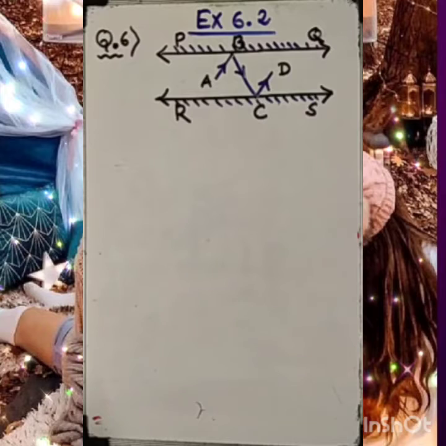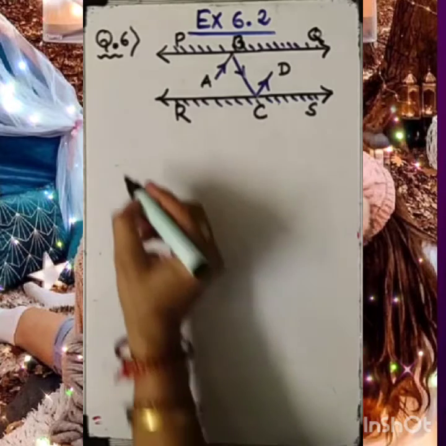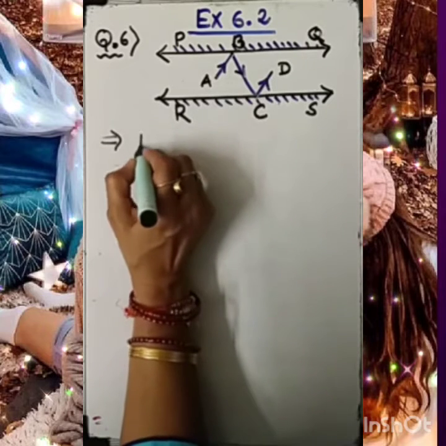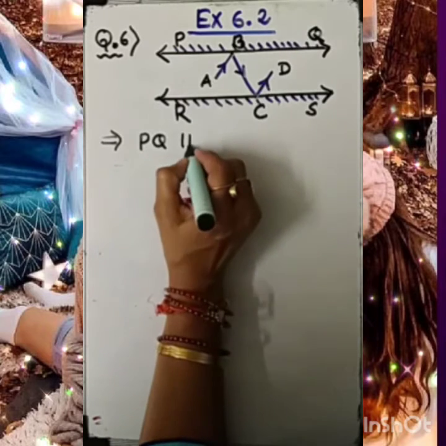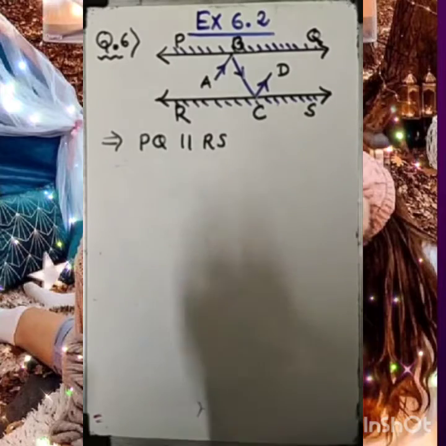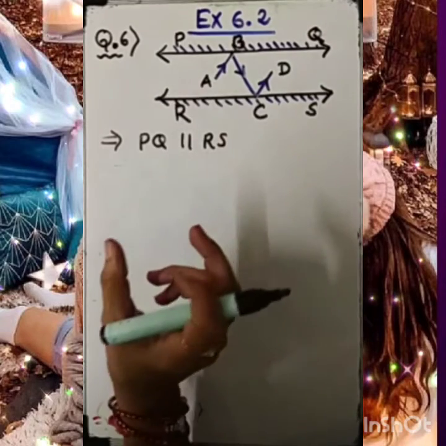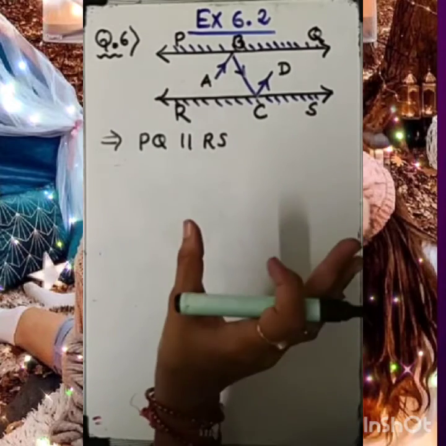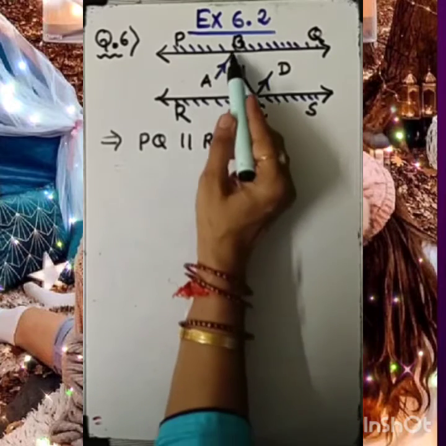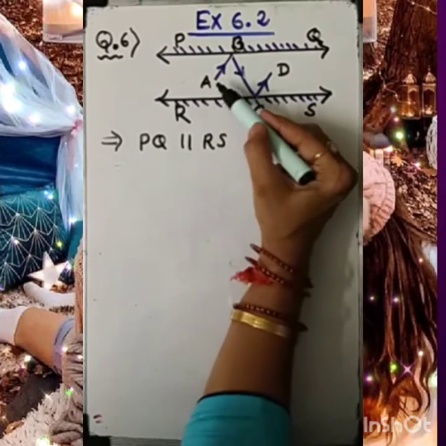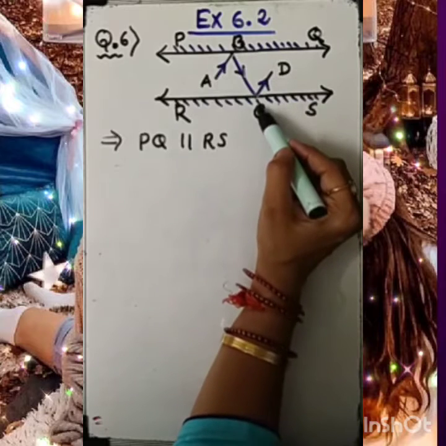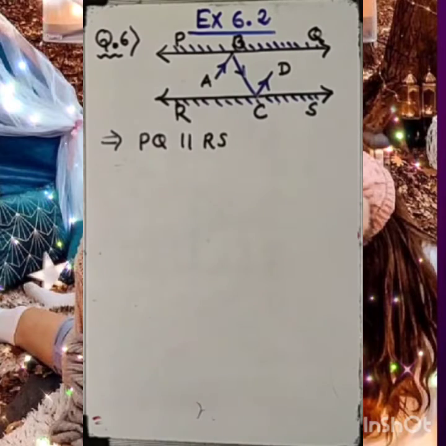First of all, my dear student, PQ is parallel to RS, that is already given. Two parallel mirrors are placed parallel. So the first important result with us is PQ parallel RS. Now, can I say the incident ray AB after reflection takes the path BC and then CD? Clear?